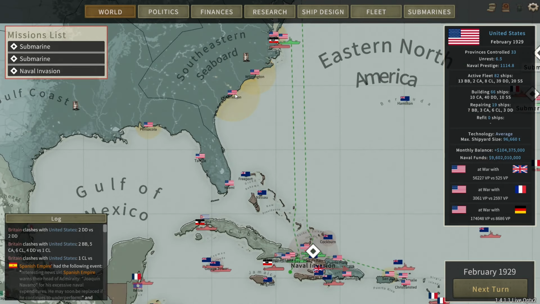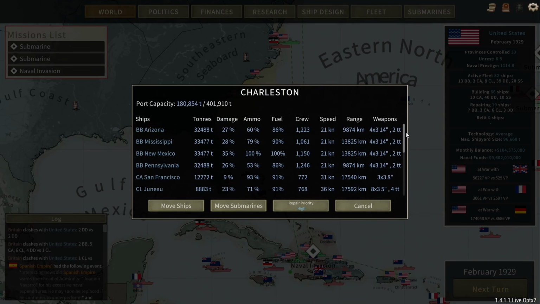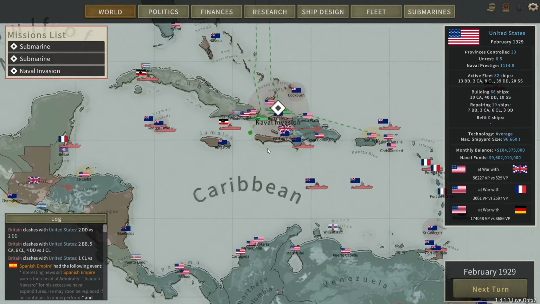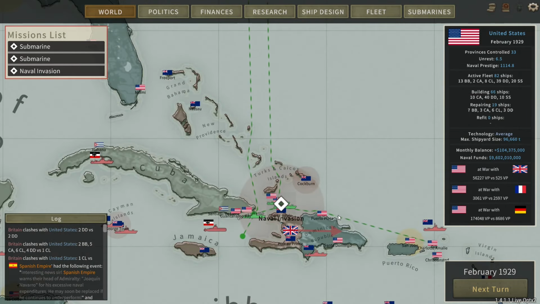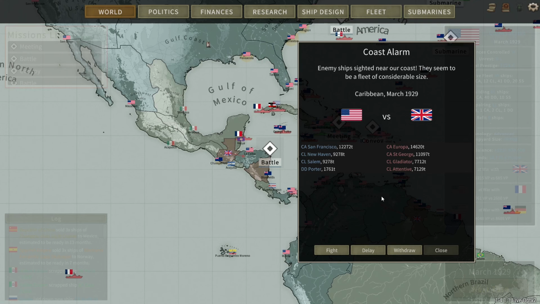Once the fleet has arrived in Charleston, the first battle group from Mississippi and Arizona, they need to do some repairs and rearming, so they'll be out of action for a little bit. The other 2 battle groups are in the theater in the Dominican Republic, and we'll finish off the naval invasions here. While the naval invasion is coming to its conclusion, some light forces have been detached to deal with naval